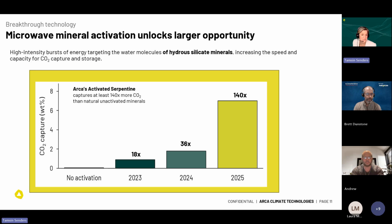So what this curve shows is the way our developments have worked over the past few years. We use microwave technology, and that emits short, sharp bursts of energy, which target the water molecules in hydrosilicate minerals. So you can see that with no activation, we've got very little carbon being captured. Then in 2023, we had some of our first carbon captures, and we were getting an increase of, say, 18-fold. With increased work and more finessing of the technology, we're finding that we're now up to 140 times what the